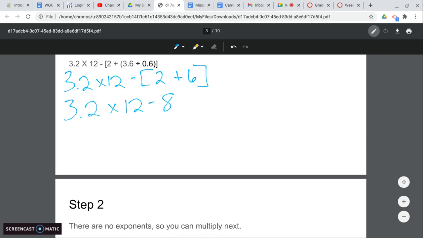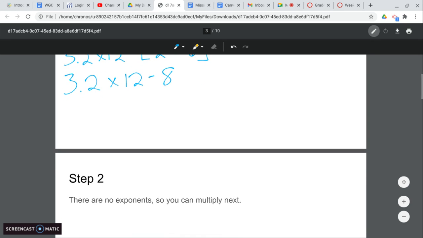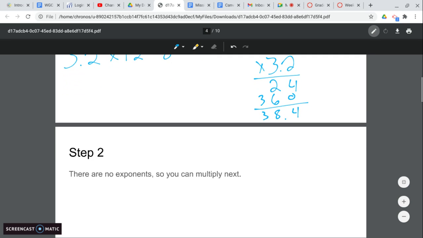So there are no exponents, so that means we can move on to multiplying. So we've got 3.2 times 12, multiply the 3.2 and the 12. So just a refresher with that, 12 times 3.2. 2 times 2 is 4. 2 times 1 is 2. We put the 0. 3 times 2 is 6. 3 times 1 is 3. 4 plus 0 is 4. 2 plus 6 is 8. And 3 is 38. So we get 38.4